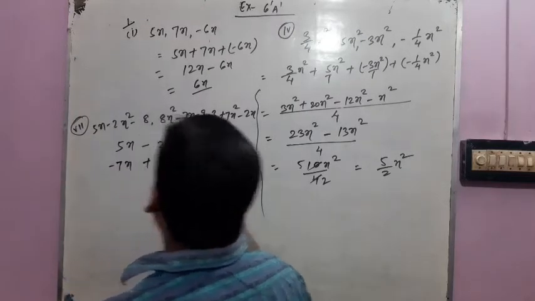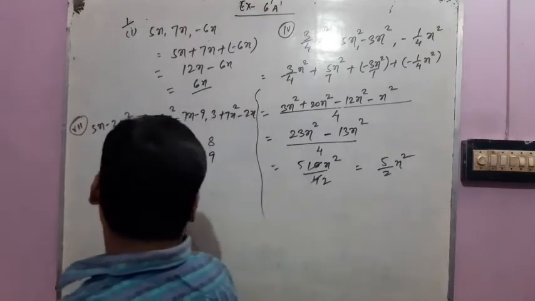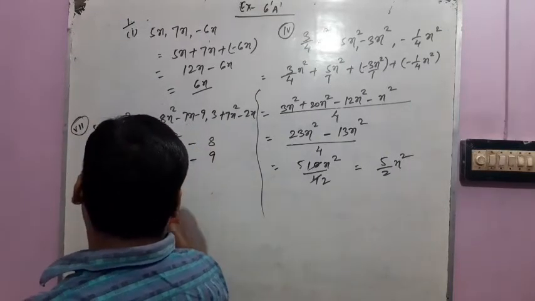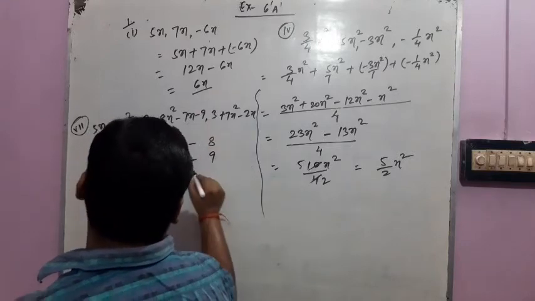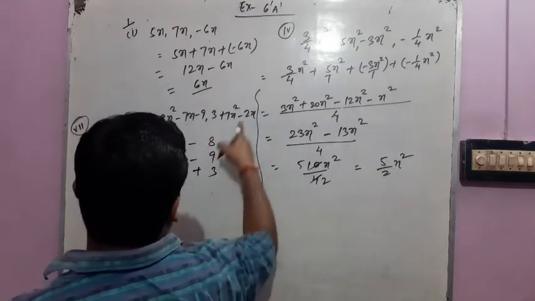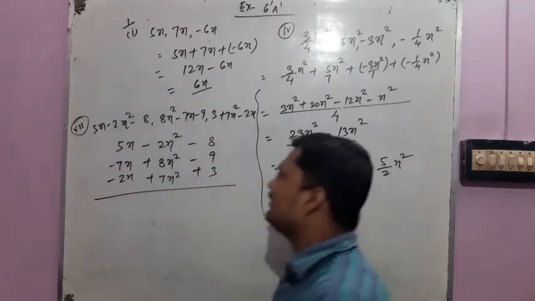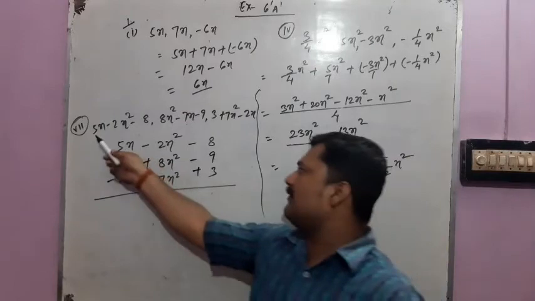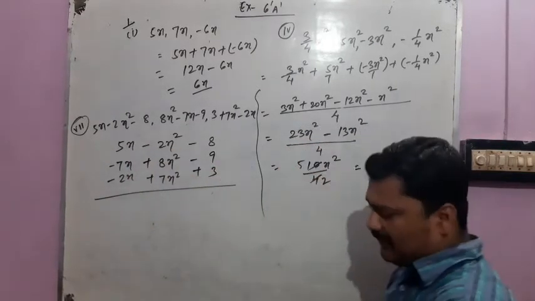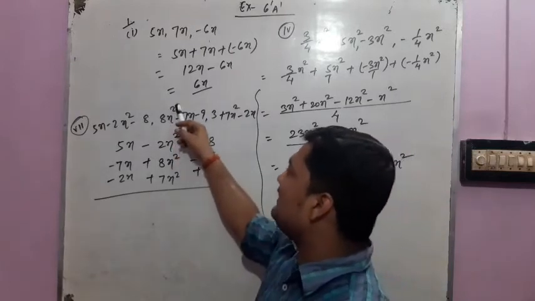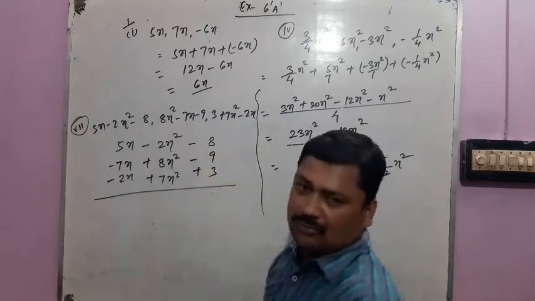Now we have to keep the constant terms together. Again here 7x square, here it is plus, so we are adding 7x square. Here 3, before 3 there is no sign, that means it is plus, and here it is minus 2x. So in that way you have to arrange the terms. You write the first term very simply, 5x minus 2x square and then minus 8. Now after that, you are looking here, it is x square, so we always write x square below the position of x square.